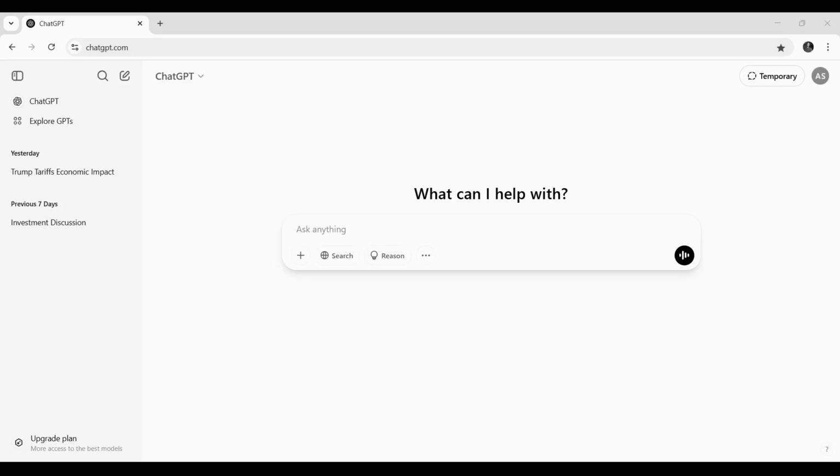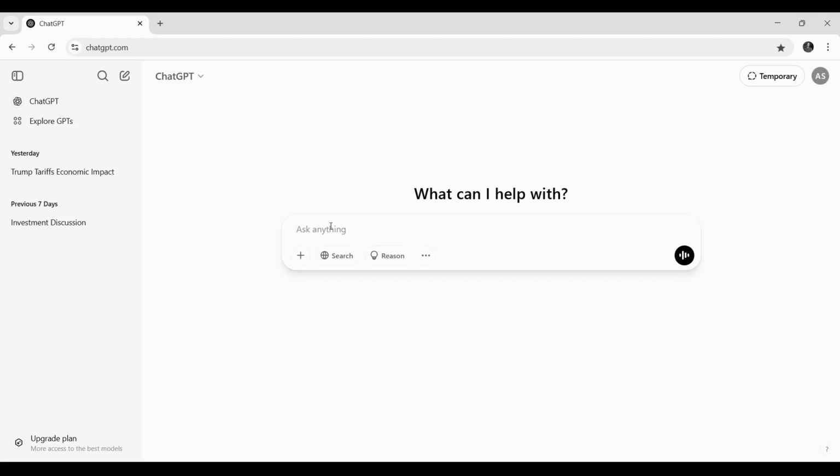Okay, so today is 9th April 2025 and let's try to understand today's market with the help of ChatGPT. As I have told you before as well, you can use ChatGPT for your personal needs and for your professional needs as well. If you need any information which is historical or very old, you can get that kind of information. If you want to know something about recent events, then you can know about the recent events as well. Okay, so I have opened ChatGPT here.